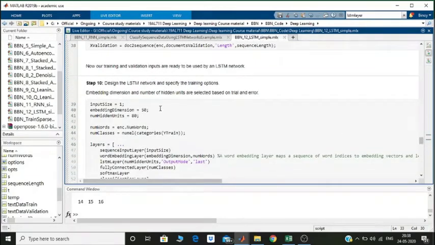The next step is to design the actual LSTM model. Obviously the input size is 1, because I am going to give the input sequentially, so it will always be 1. The embedding dimension is 50. This is an important part of the LSTM. The embedding dimension gives you an idea of how close certain words are. It's not like correlation, but another representation of how closely different words may occur together, or how the relationship between words can be represented.